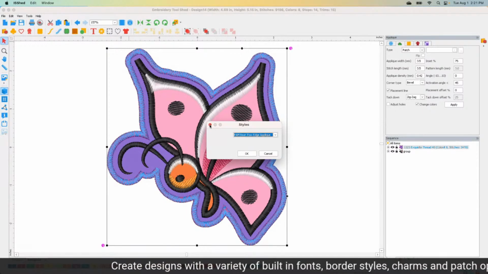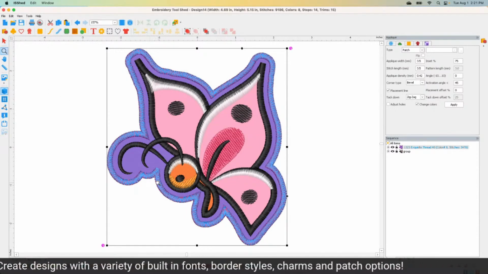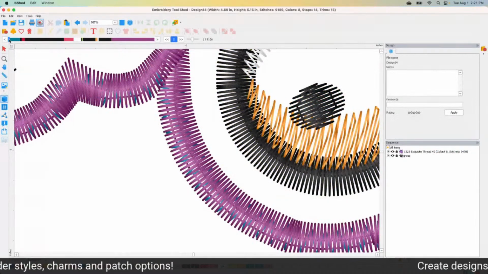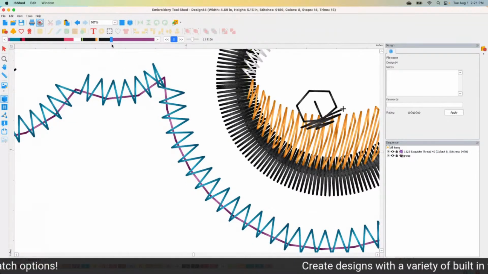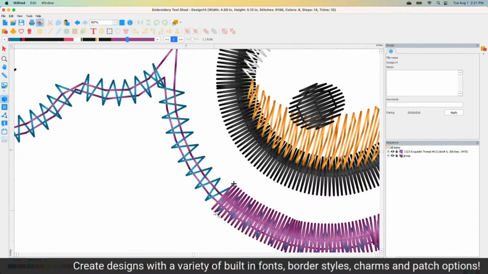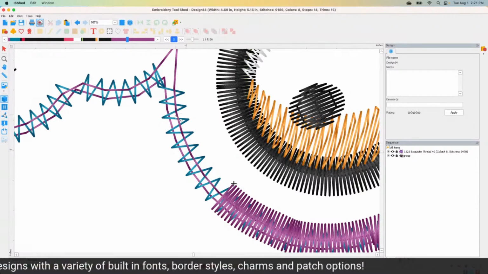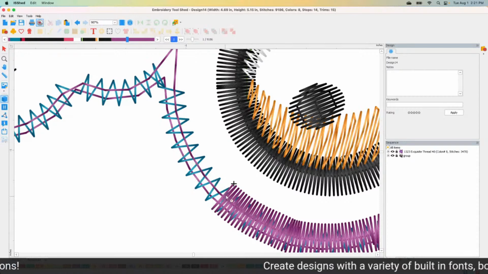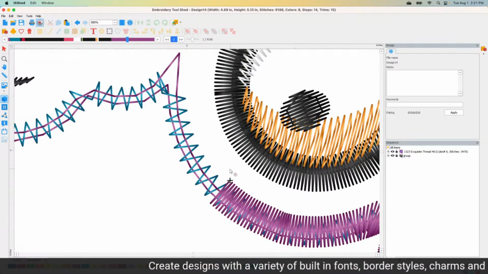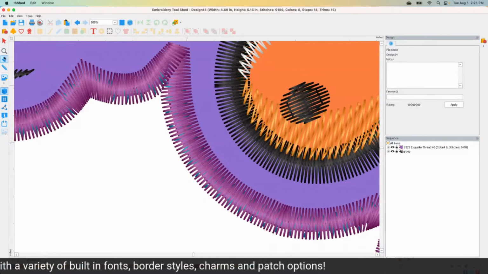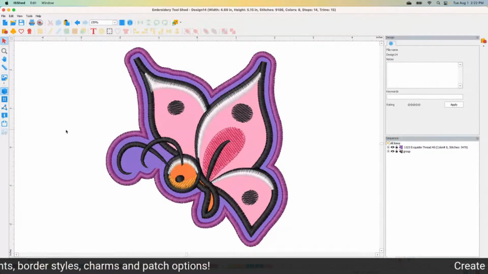Now, let me zoom in and show you also, not only did it do all of those things, but let's zoom into this same area here. And I want you to notice that our stitches now stitch mostly on our applique or our patch fabric. So let me back up here. Now notice here that I've got the placement and the tack down, and those zigzag stitches are my tack down. This extra run stitch here is actually the underlay for the satin. And notice now the majority of my satin stitch actually is falling to the right hand side, which is going to be on my patch fabric. So that's things that you want to look for when you're making patches, but in your patch and applique maker,